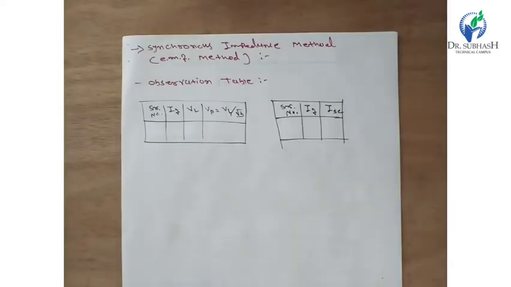The value of this drop is determined by the synchronous impedance and reactance, which include the leakage reactance and the reactance proportional to the armature reaction. In the open circuit test, the connections are made in the DC motor and the switch is put on, and the speed is adjusted to the rated speed of the alternator. The alternator field current is increased with the help of a field regulator using a rheostat. The excitation circuit is increased step by step.